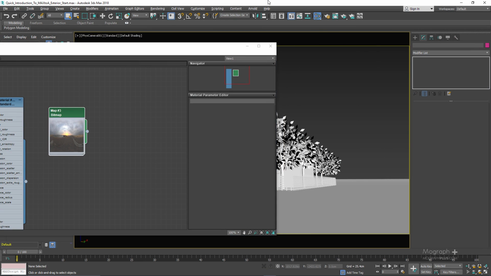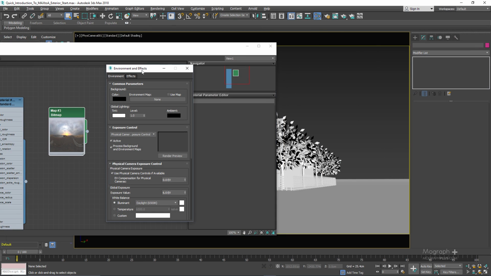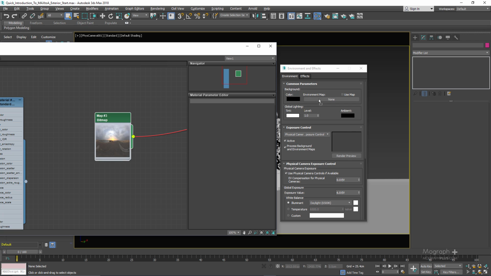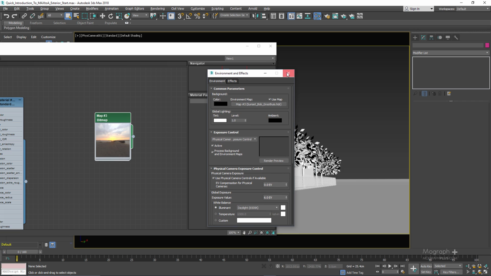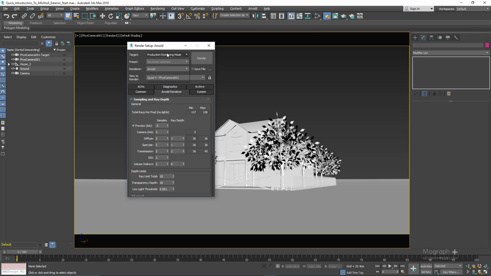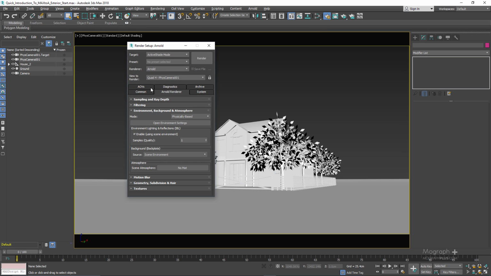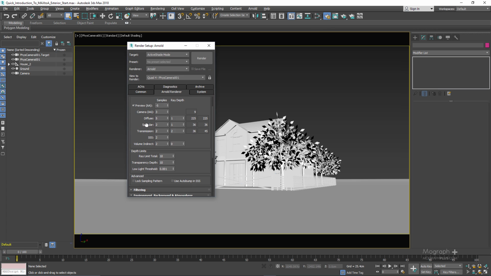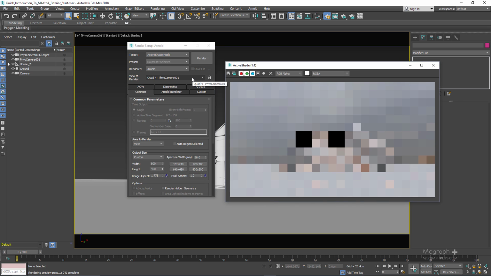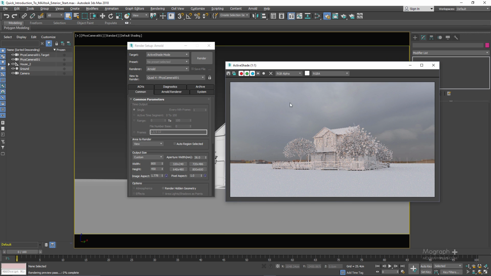And the process is very simple. You just need to go to the environment and effects window by pressing 8 and connect the map to the environment tab. There you go. Instance, use map. And let's make sure Arnold is our renderer. Okay. And now if I run my active shade, you should be able to see that environment in the background and basically doing the image-based